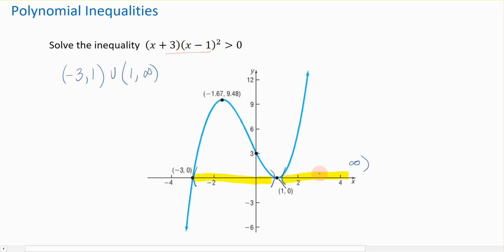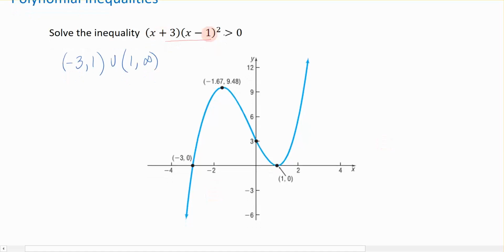Now, since we're still looking at this picture, I'm going to get rid of these values for just a second. And hypothetically, what if I wanted to know where is the function, this time, less than 0? Where is my function less than 0? Well, less than 0 is only occurring on this portion of the function here, right? So if I'm coming from -infinity all the way up to -3,